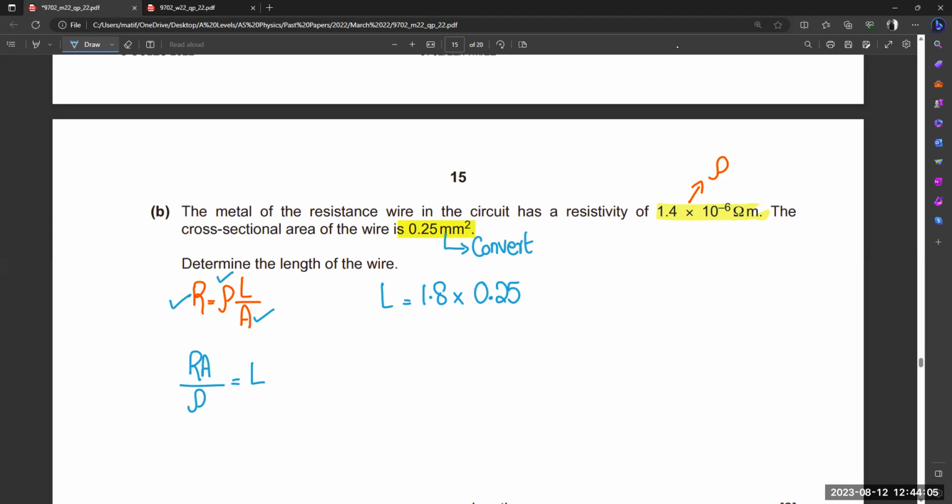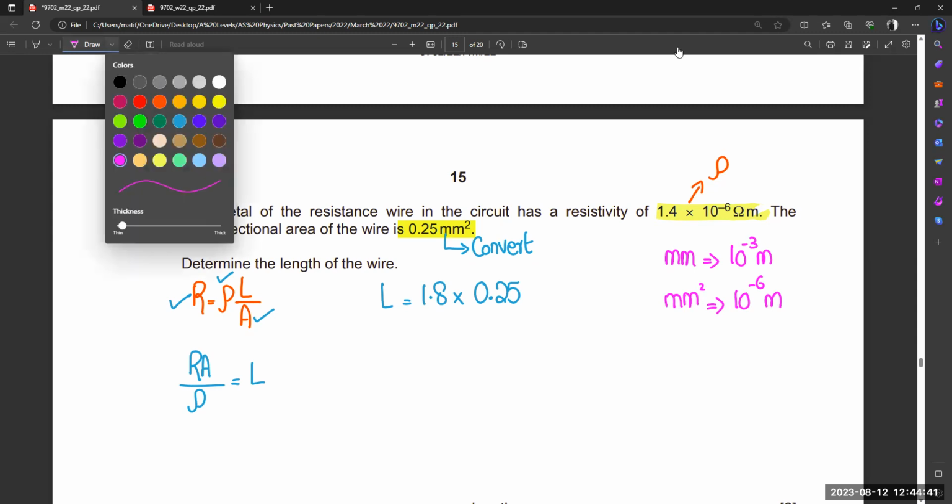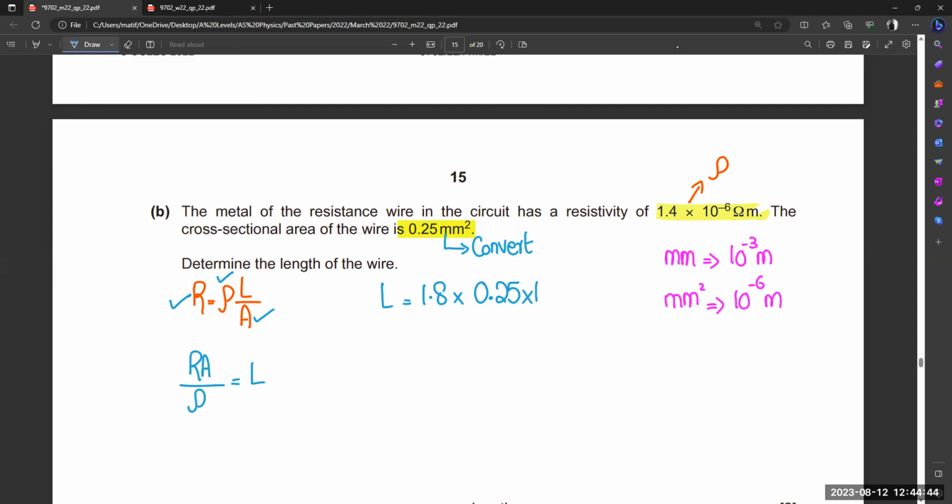Minus. Because if we only consider the value of millimeter, it will be 10 to the power minus 3 meter, but it is millimeter squared, because you know that in area we use two dimensions. So it's going to be squared. Yes, so it's 1,000 squared, is the difference. So minus 3 squared, 2 threes are 6, so minus 6. So 0.25 times 10 to the power of negative 6, and then you're going to divide the